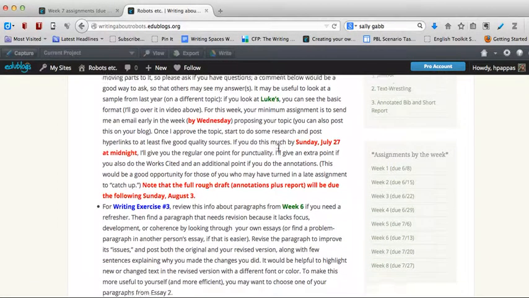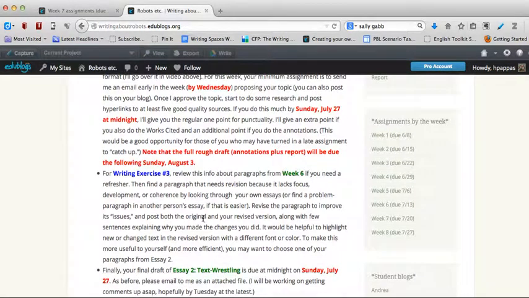Okay, so if we go back here, there's a writing exercise I'd like you to do, paying attention to paragraphing. I think this is self-explanatory. Finding a paragraph that has some issues with focus, development or coherence. The practical thing to do would be to find one of your own paragraphs, perhaps in Essay 2, and revise it. Then I'd just like you to post on your blog the original paragraph and your revised paragraph. If you can't find one of your own paragraphs that you think has some serious problems,